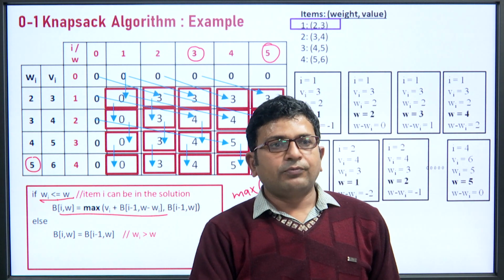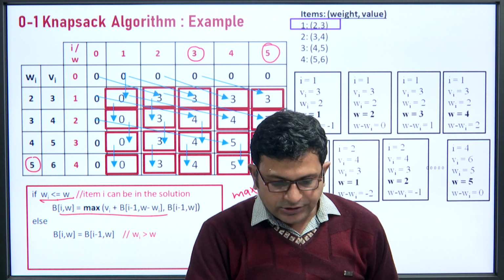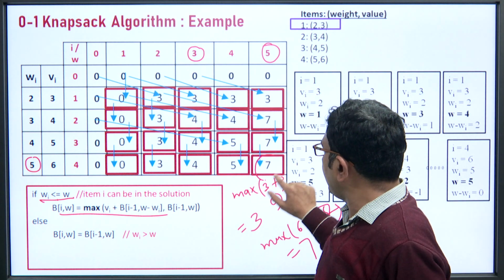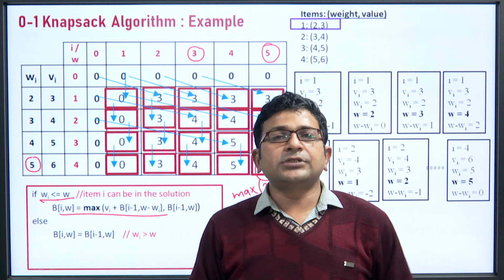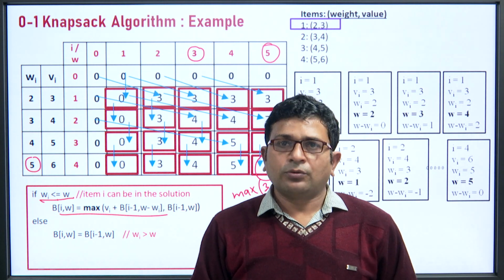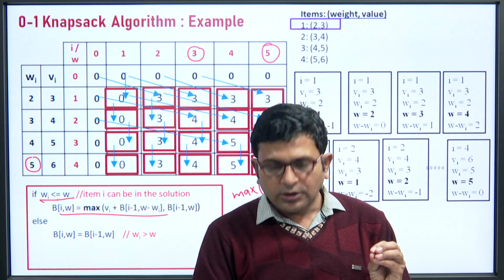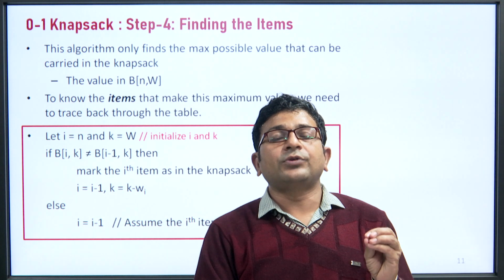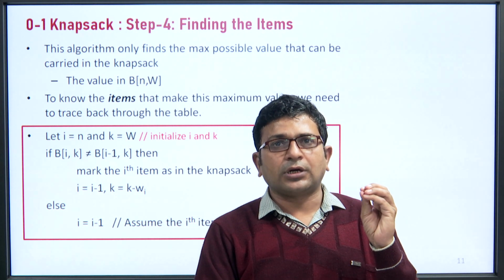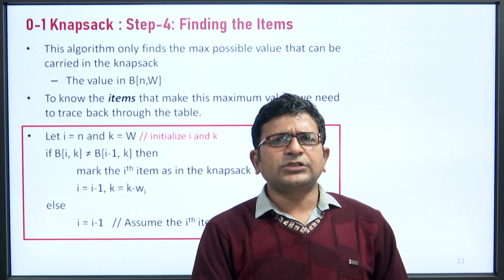So, this is how we can find out the optimal value. Now, just see the last row and the last column block value, that is 7. This is your answer. This is the maximum value that a knapsack can contain. Now this is the maximum value, but how can we obtain which items play a role in getting this maximum value? This would be obtained with this algorithm.